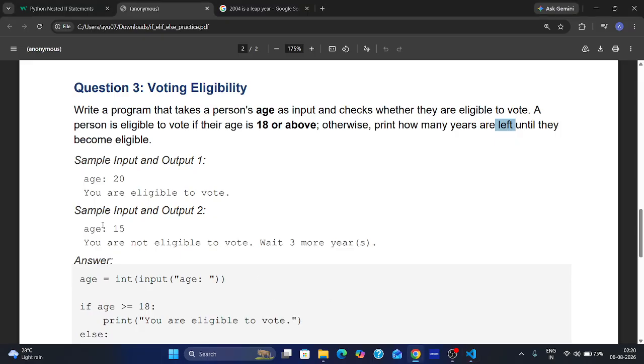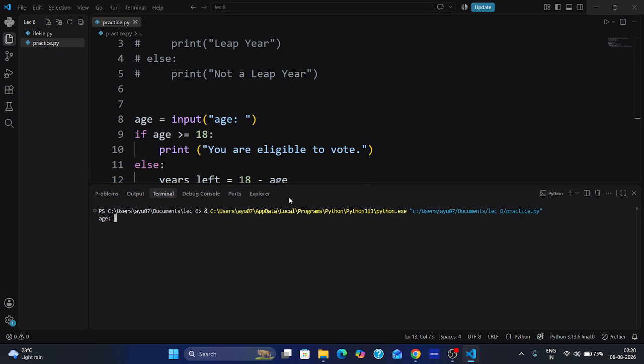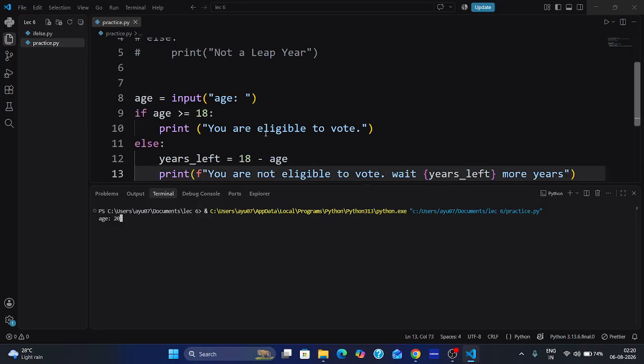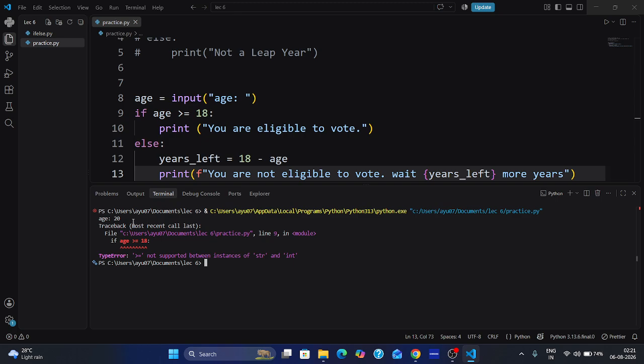In this question, the age given is 20. When you give your age as 20, what will the code output? Think about this. See the code, because you are new, I know. See the code and try to run it. Think about what the answer should be. Okay, I hope when you write 20, so the output